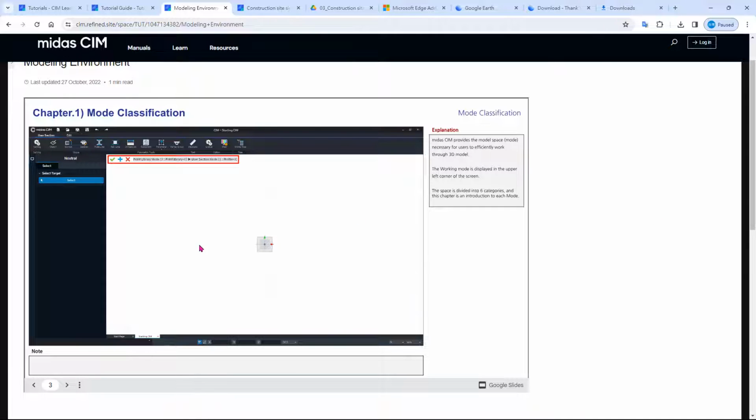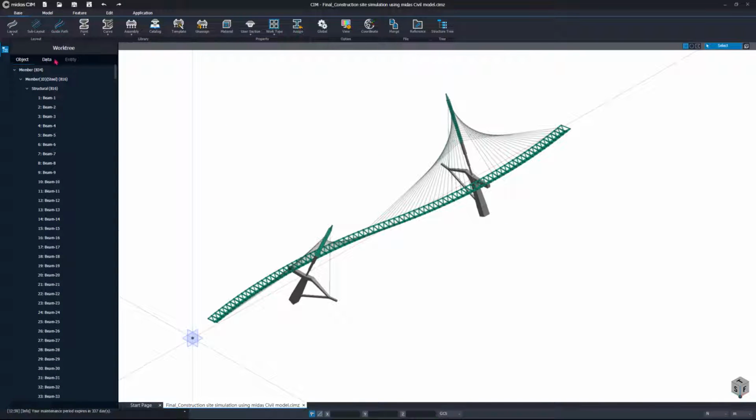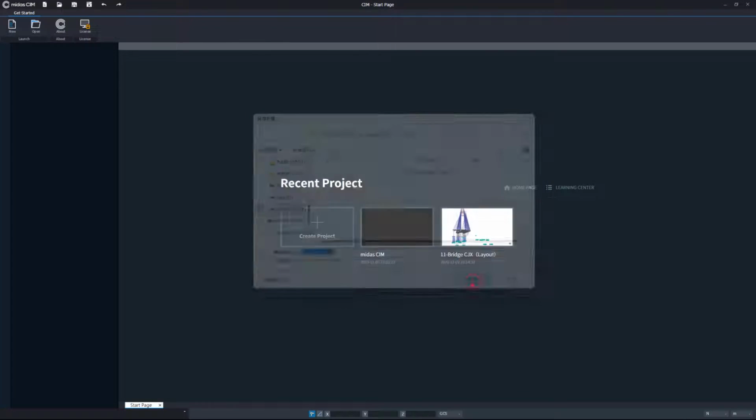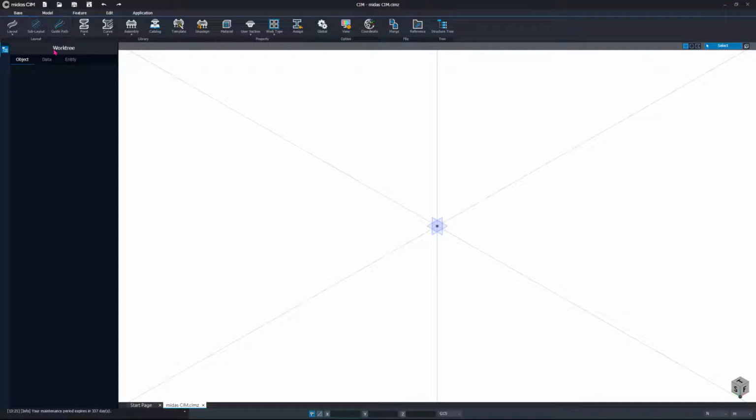Okay, in here we can see the mode classification. Okay, in here you can see that in CIM you can create a lot of parts. Okay, let me show you in the CIM. Okay. Okay, in here, you can see that there are